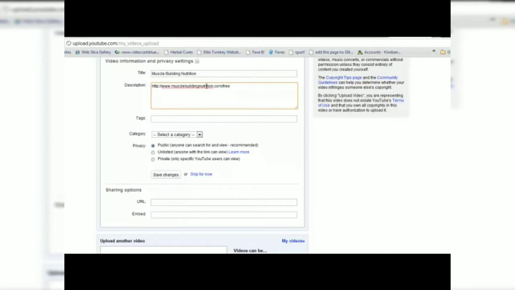So if you want them to land on your squeeze page, you want to make sure you have the correct URL and not just your main URL. And always try to put HTTP at the front. You want your full URL so it's actually clickable when it appears below your video. And just be like